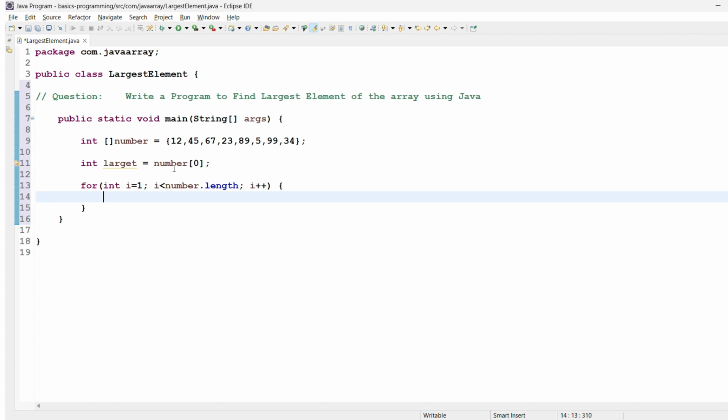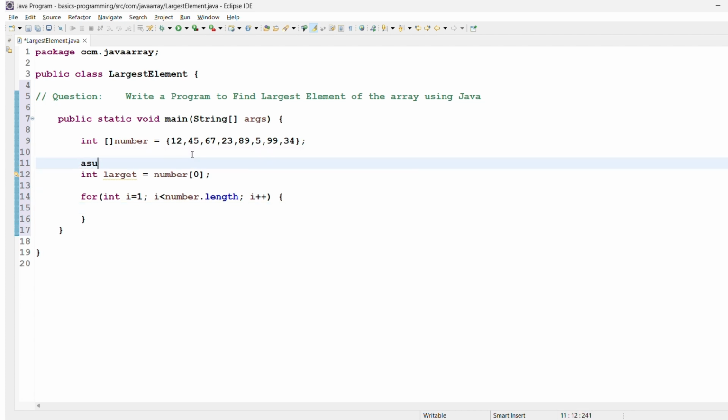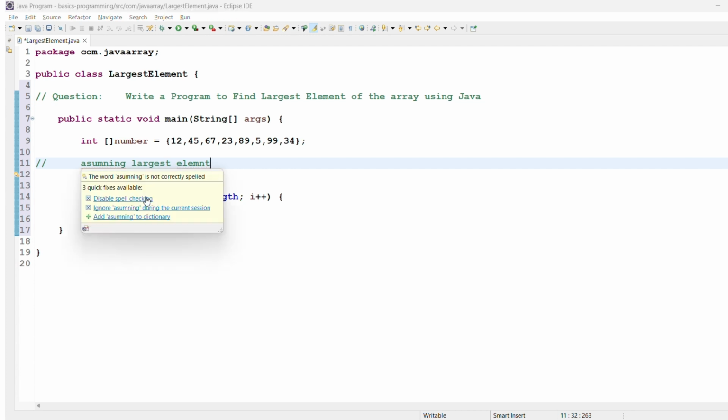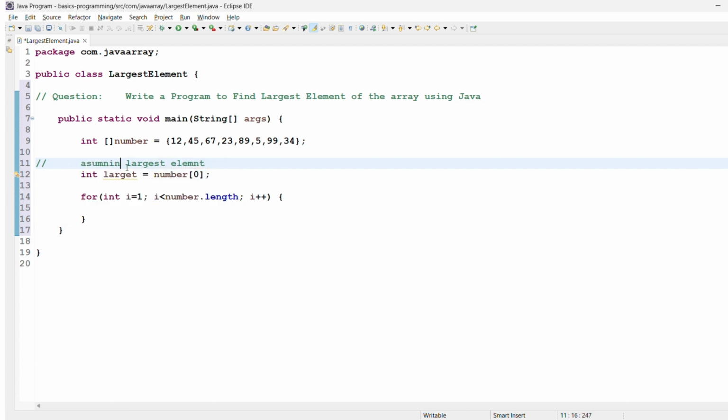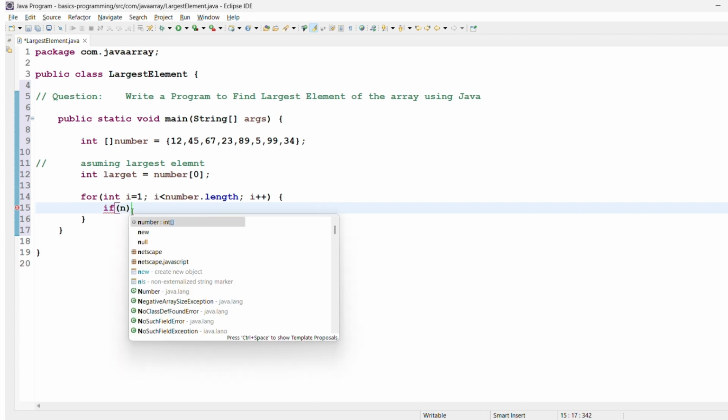Just what you are doing here is assuming a largest element. Okay. Now inside of this, I have to write the logic: if number of